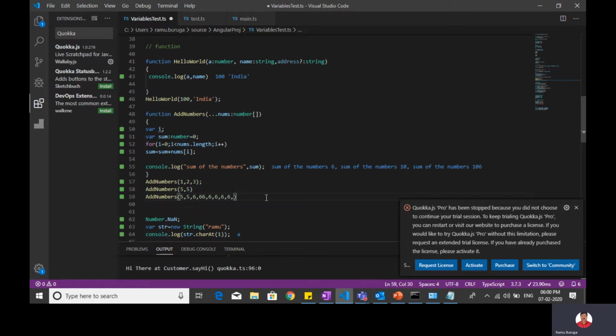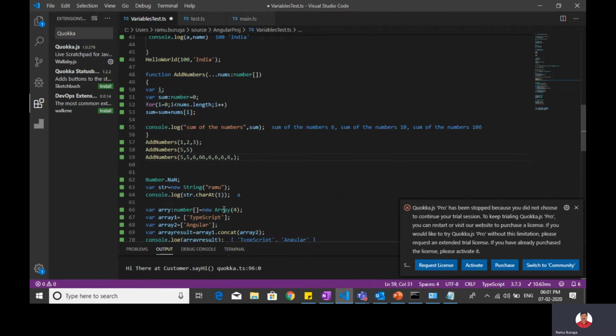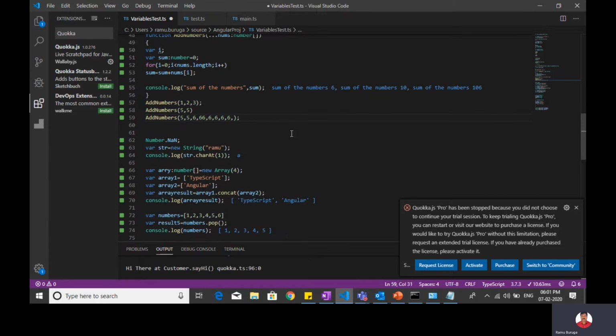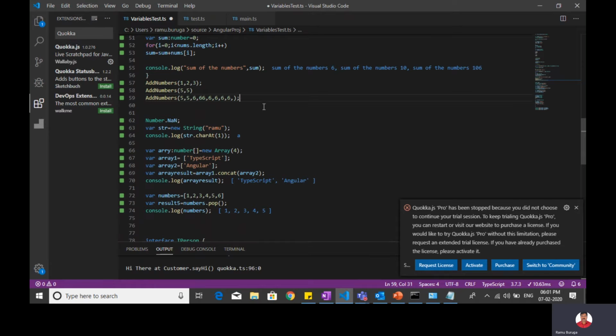This way you can declare parameters. If you feel that the same value has to be passed multiple times, here in TypeScript, this way you can declare. Is it available in C#? I don't know. Is it not there? This kind of declaration is there? Okay. This way you should declare functions, guys, in TypeScript, so you can practice it.